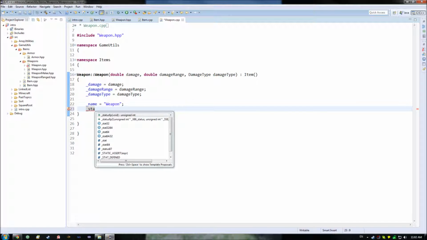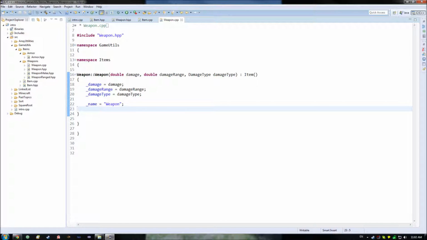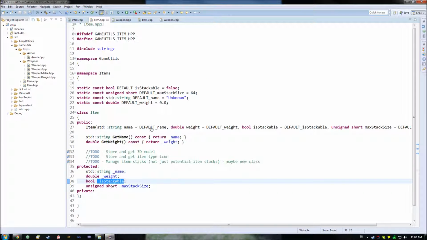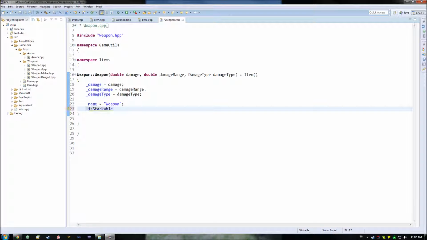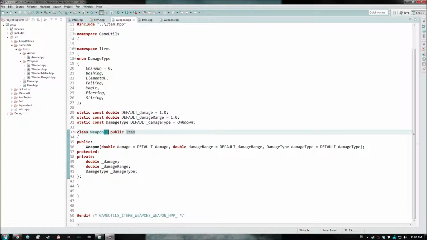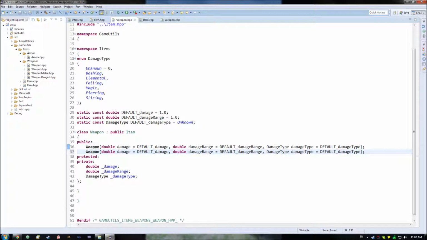And then I can end up doing, oh, it's actually complaining right now, and that's probably because I haven't built it yet, but, oh no, that's because I was typing stackability as opposed to is stackable. But for this, I could then say that I want it to be true or I want it to be false, because I never want weapons to be stacked. That happens to be a way of doing that without having to supply the specific set of items there, or having to have an overload of it. Alternatively, in case I wanted to do that, I could have something along the lines of only this, and then, well,